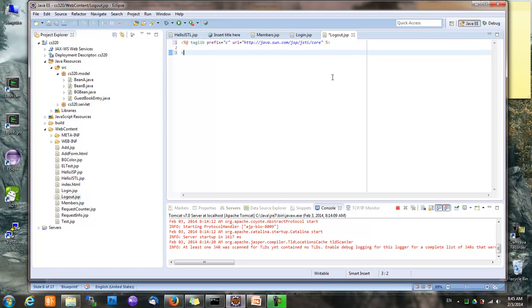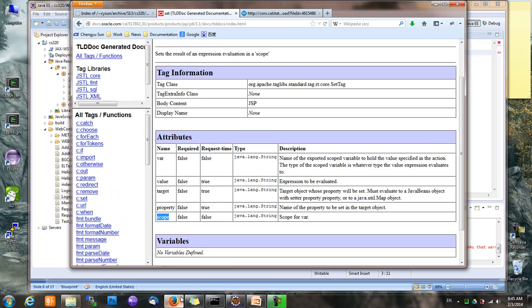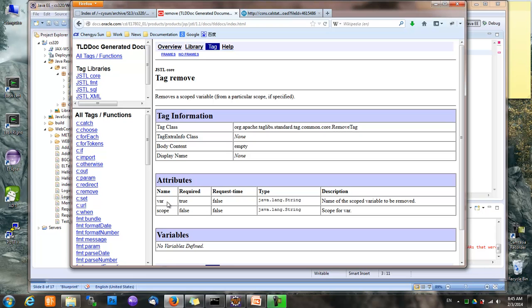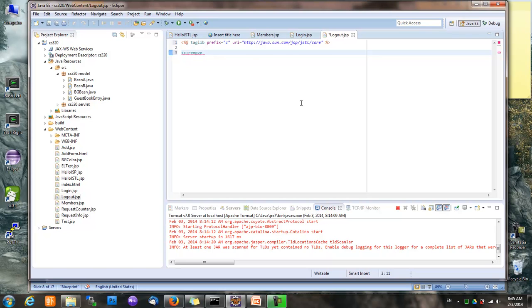So we'll say here we do a c:remove, and to see c:remove, the attributes are var and scope, so we specify the name of the variable to be removed, and it's to be removed from that scope. So we'll say remove var, which is user,